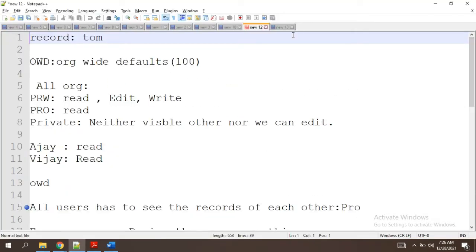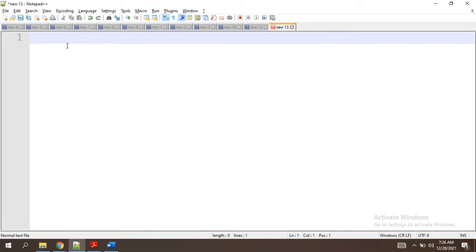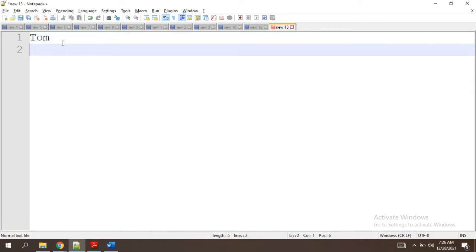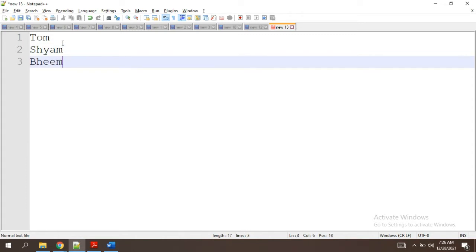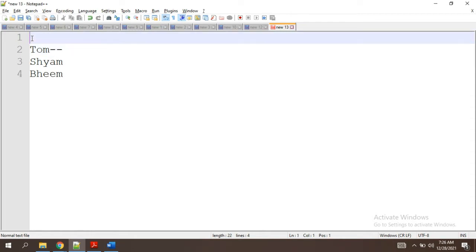Okay, we'll write it here. So Tom, Sham, and Dean, and he wanted the access for object student. We are speaking about the object student, guys, now.